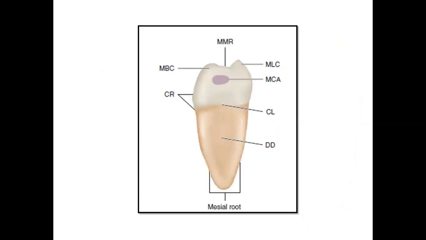Then there is a cervical ridge, which can be seen on the buccal aspect in the cervical third. Then there is cervical line, which is 1 mm on the mesial side. However, on distal it is flat. Also, there is a developmental depression which can be appreciated from the mesial view. Since the mesial root is broader buccolingually, this is a distinguishing feature for mandibular first molar, that from the mesial view, you can appreciate only one root.